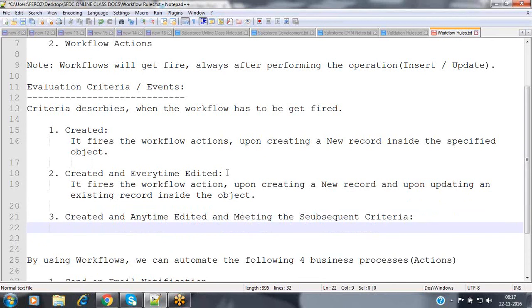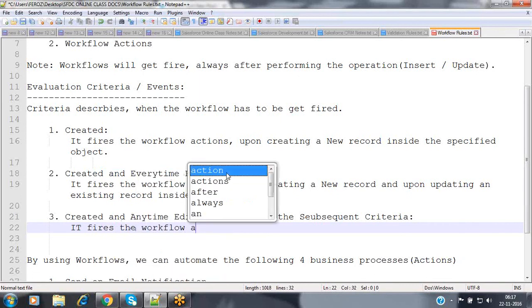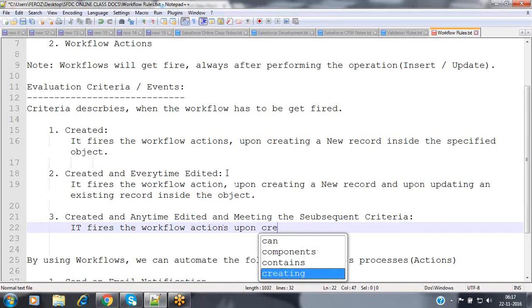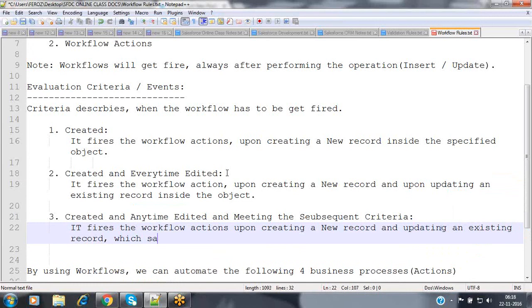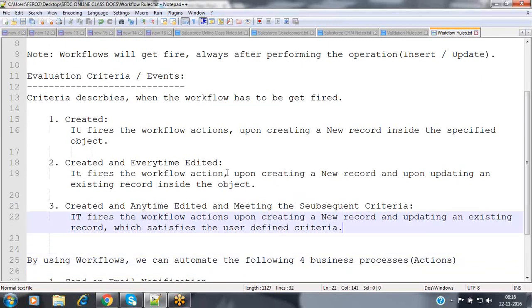So in this case, it fires the workflow actions upon creating a new record and upon updating an existing record which satisfies the user-defined criteria.